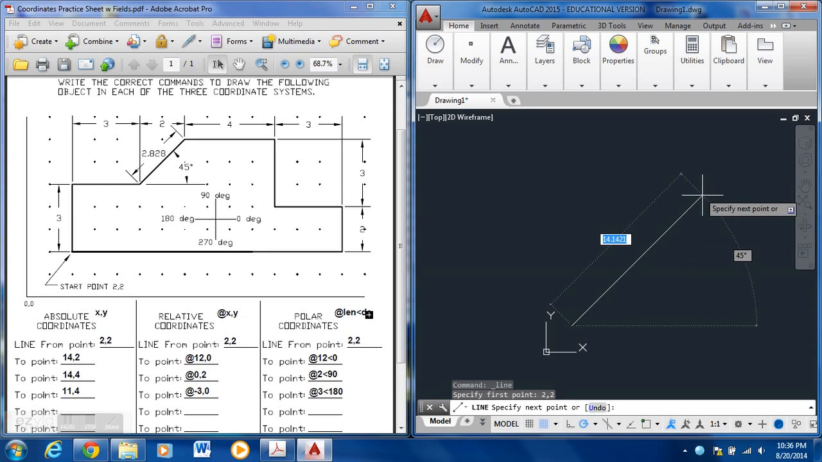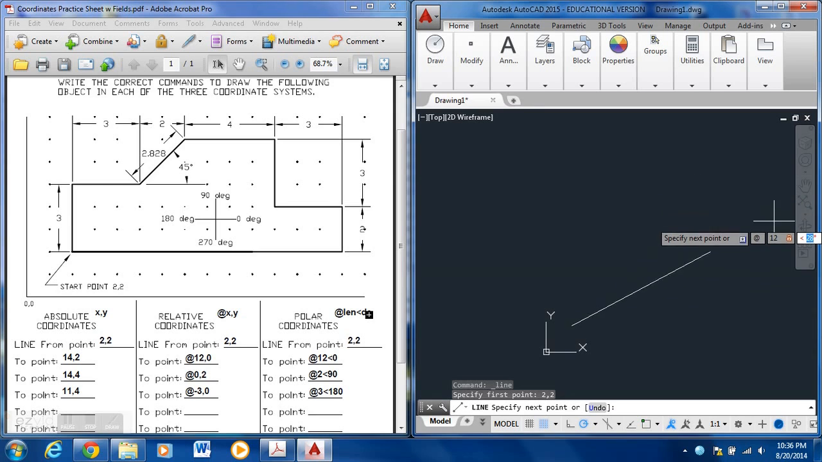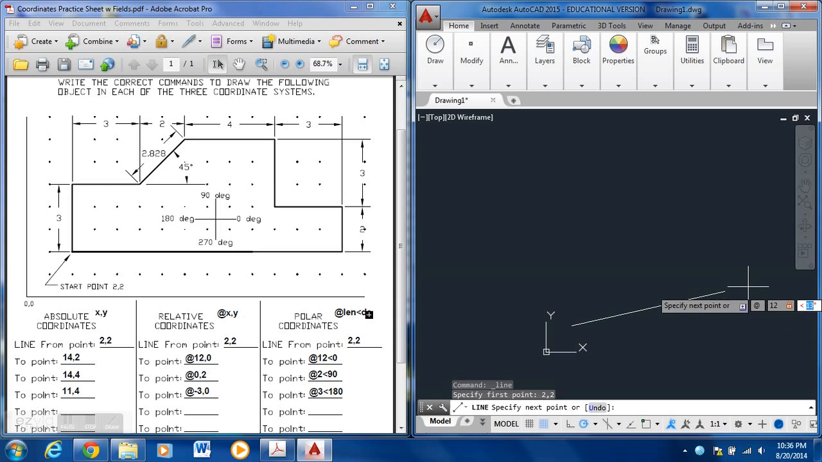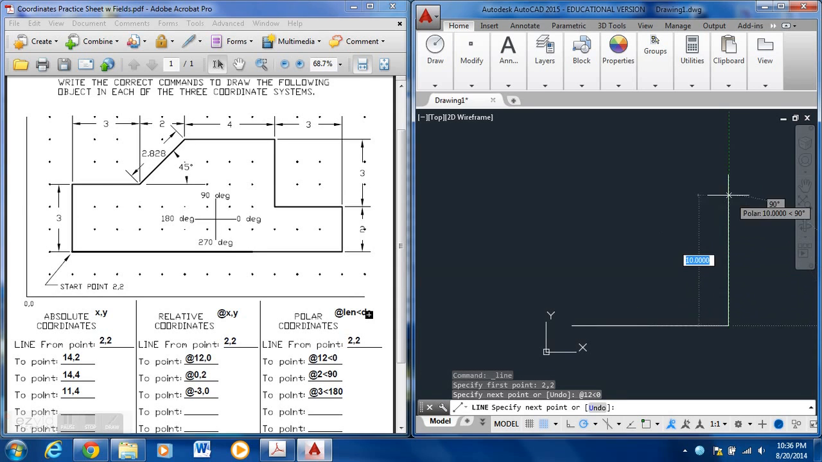Okay, and my first one is at 12 inches long. The shift comma key to get the less than symbol. And you see it actually shows up by my cursor here on the screen, and this would be 0 degrees, enter. Okay, now we need to go straight up 2 inches at a 90 degree angle. So @2, less than, comma key for the less than symbol, shift comma, and 90 to go straight up,